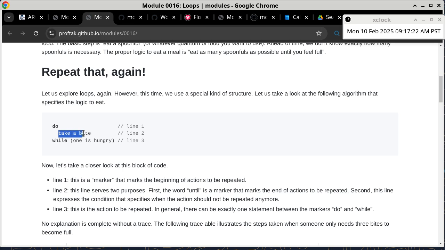And then you specify the statement of what you want to do repetitively. So in this case, taking a bite is the action that I might need to do repetitively. And then after that is the word while. And the word while in this case is also kind of a marker. It serves multiple purposes. It marks the end of the action that you want to do repetitively, but it also